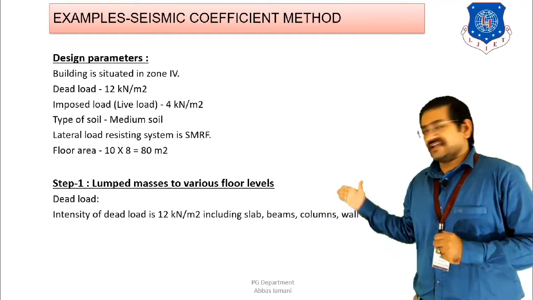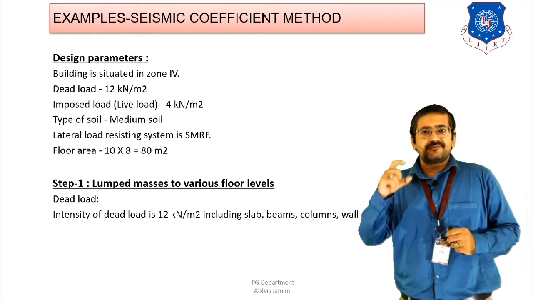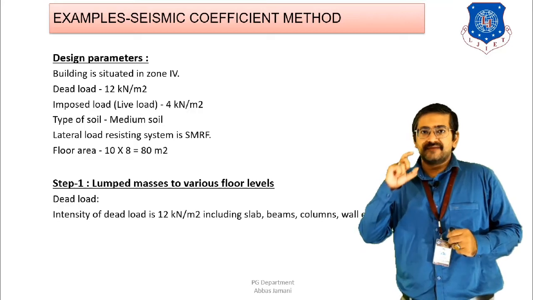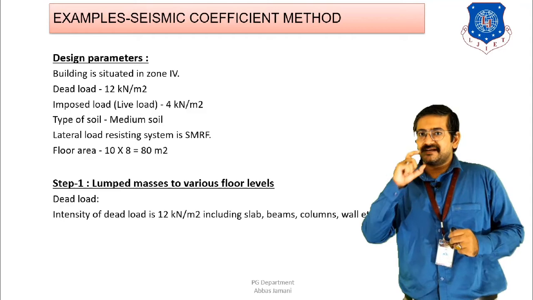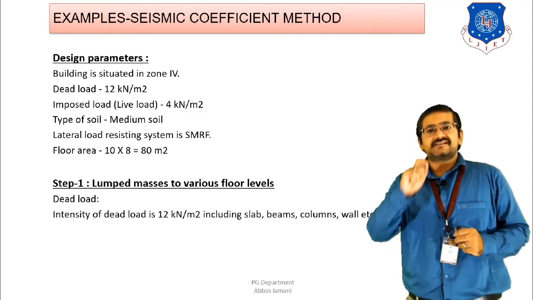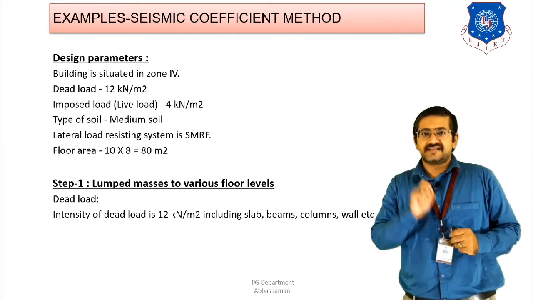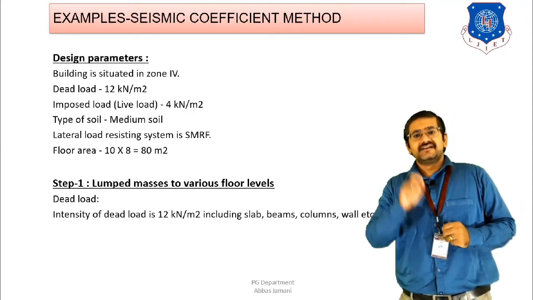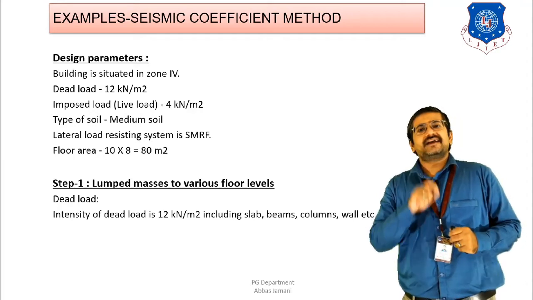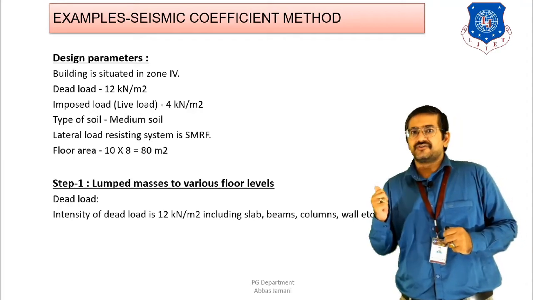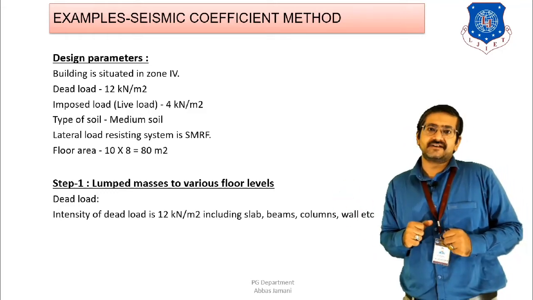So you can see that in this paragraph of the data that is given to us, some very key points are highlighted, based on which you will be able to decide the seismic parameters given in IS 1893 and IS 13920, right? So understanding of these parameters is very important, based on which the calculation will start. If these things are not kept in mind, then the entire calculation is going to be wrong, because if you select the parameter wrong or the value of the parameter wrong, then basically your sum is not going to be correct, right? And lastly, the floor area is given, that is 10 into 8, which is 80 meter square.